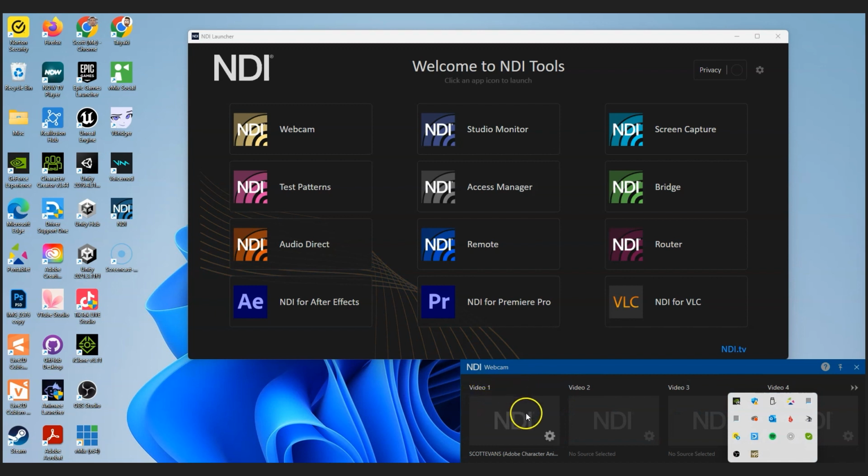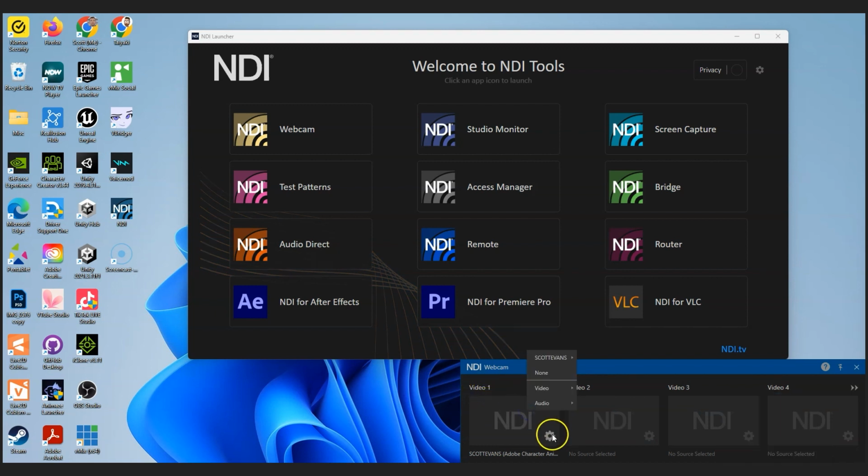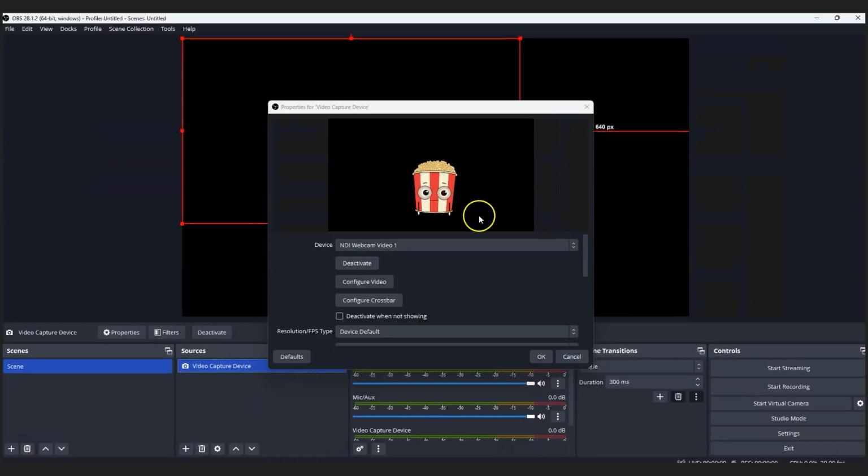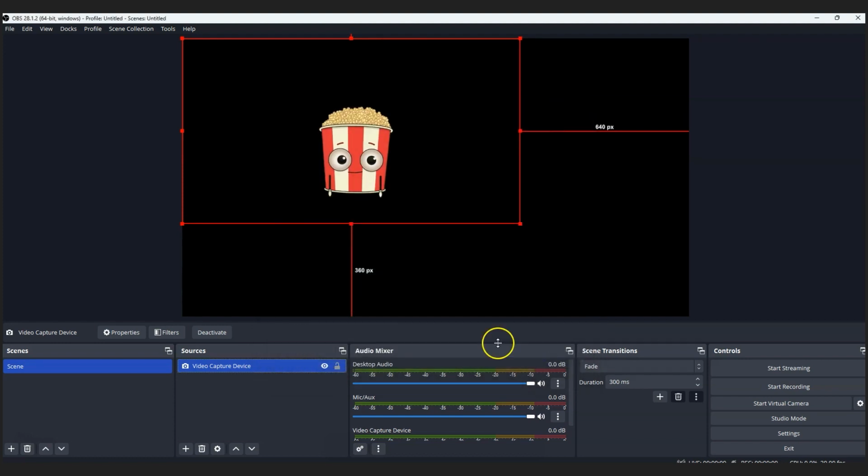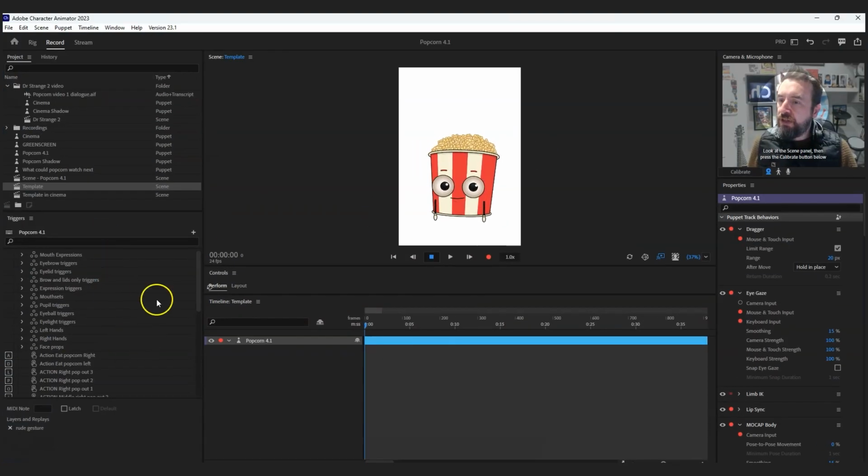And in video 1, you pick where it says like your Adobe Character Animator option will come up. So when you open it up in OBS, you pick NDI webcam video 1, OK, and you will have your character. At the moment, I've not got any background on, but I'd imagine if I was to add my background,